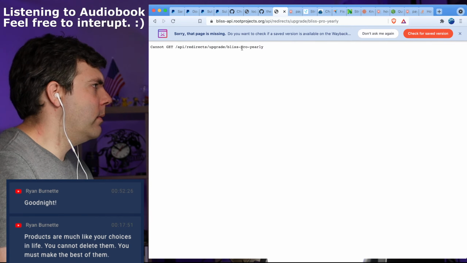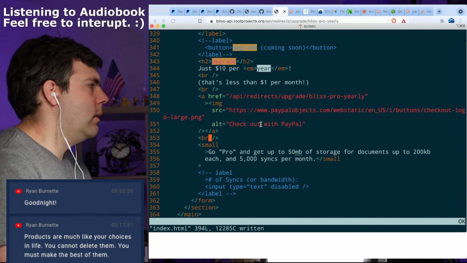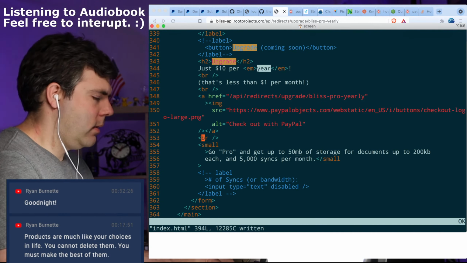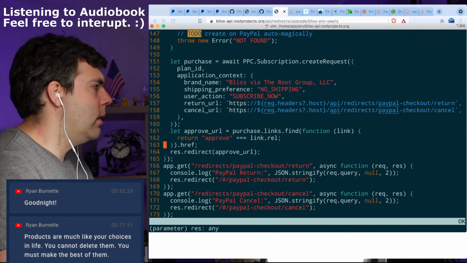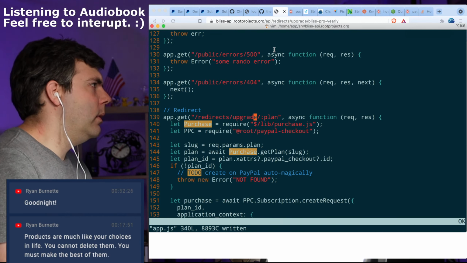API redirects upgrade Bliss Pro yearly. Upgrade, there we go. That's what it needs to be.